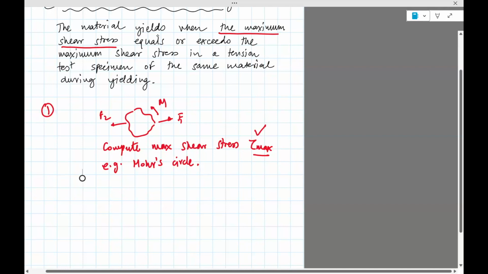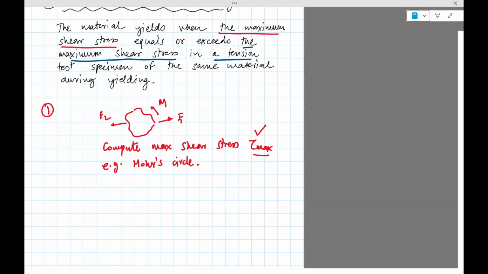Now, that's part one, that is the computation for the loading. You need to compare this against some benchmark. The benchmark here is the maximum shear stress in a tension stress specimen of the same material during yielding. Okay, what it's saying is you also need to run a parallel experiment where you will take